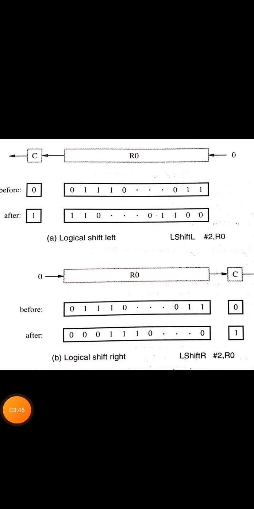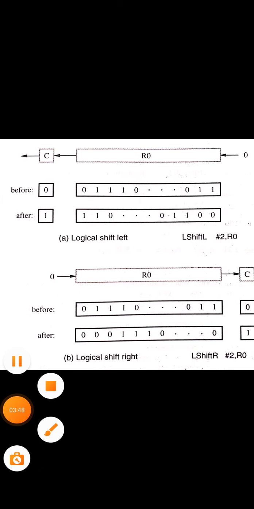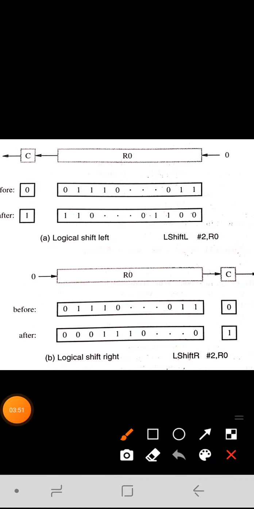This is the example we have taken, logical shift left. You can see we have put the count as 2. That means we have to shift this data left 2 times. R0 will be holding some value, the information stored in R0, and it has to be shifted left 2 times. Every time it shifts, there will be vacant positions in the lower order, which are filled with 0. Whenever we shift left, the lower order bits get vacated, and those locations are filled with 0 when performing logical shift.